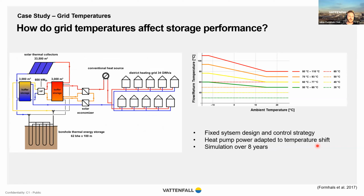So how does the grid temperature affect our overall storage performance and the system performance? For this, we made a small study where we have a little fictional district heating system, which is mostly based on our university district heating grid that we have in Darmstadt, where we have a conventional heat source still. We have a borehole thermal energy storage with 62 borehole heat exchangers, a heat pump, 2 smaller buffer storage, and